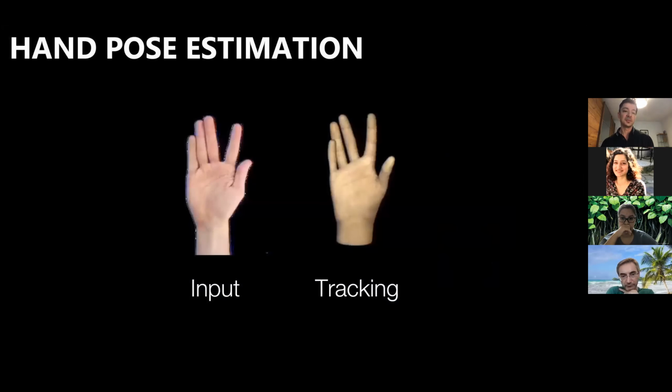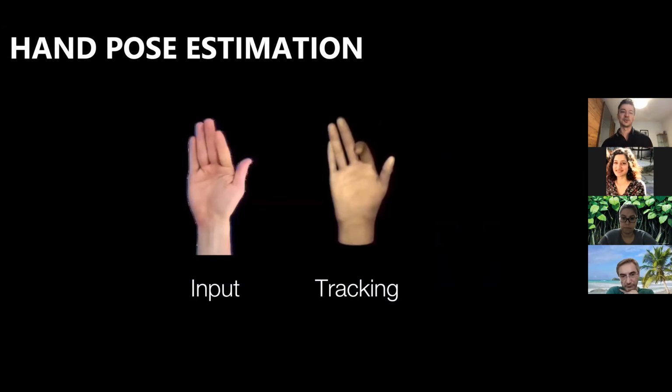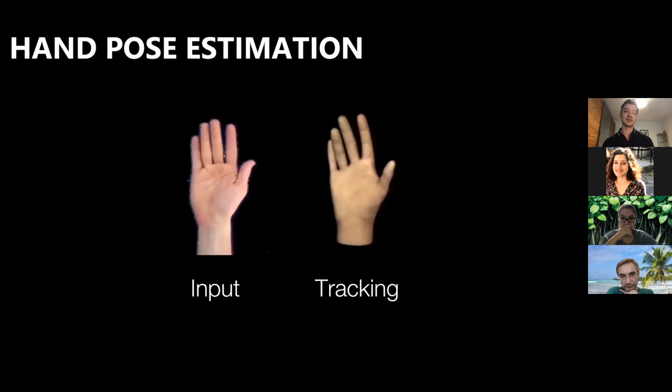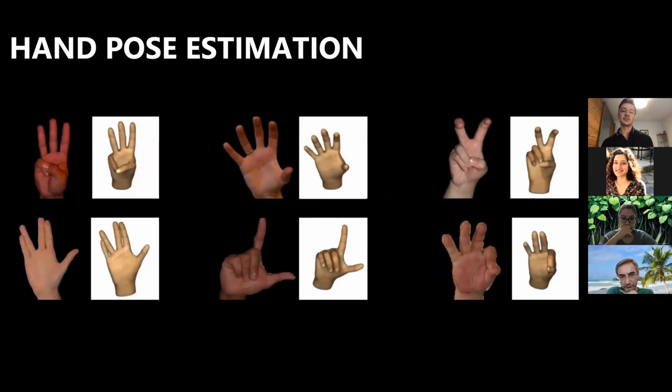So yeah, we applied the system to a couple of different problems. For hand tracking, it works pretty well. Of course, there are always problems with occlusions if you have too much occlusion, or if you have a hand shape that's really different from the hand shapes that you trained the algorithm on, then it can fail in certain cases. But especially for gesture recognition, it worked pretty well for us. And that was actually the primary reason why we developed this algorithm. Of course, we also then use it for hand tracking. But especially for gesture recognition, it was working pretty well for different hand shapes and different lighting conditions, etc.